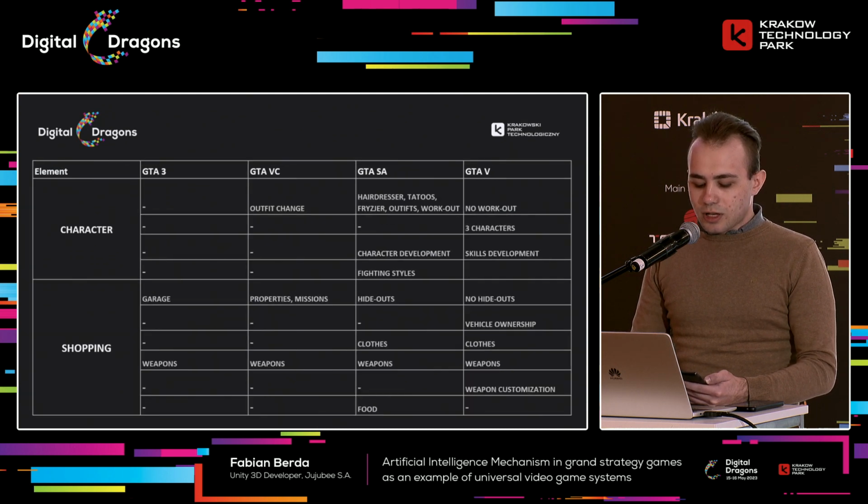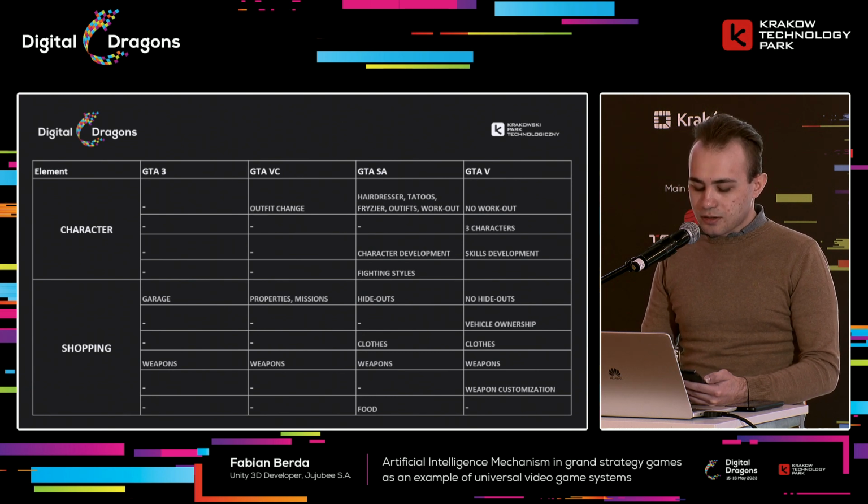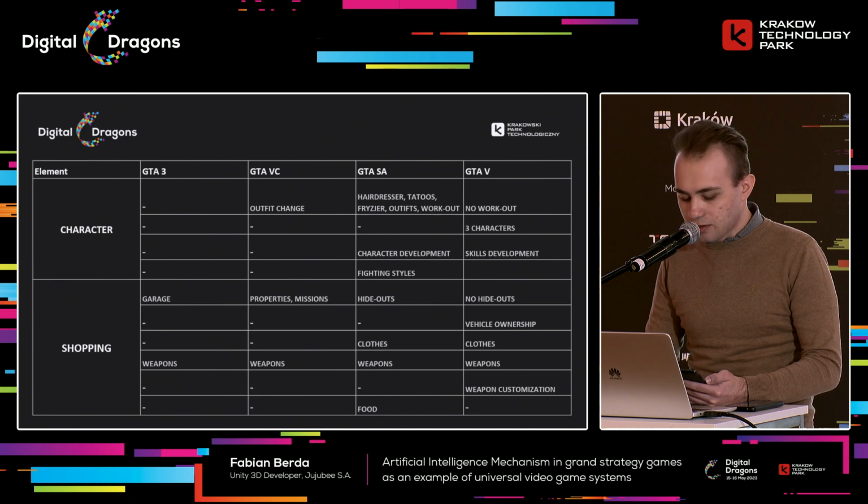Let's go back to the mechanics in the series. The main character: we have the outfit change in Vice City, a hairdresser, tattoos, gym, and exercises. In San Andreas, that can change the entire appearance of the character. In GTA 5, it looked like some of these mechanics weren't suiting them, but since it was a series, they